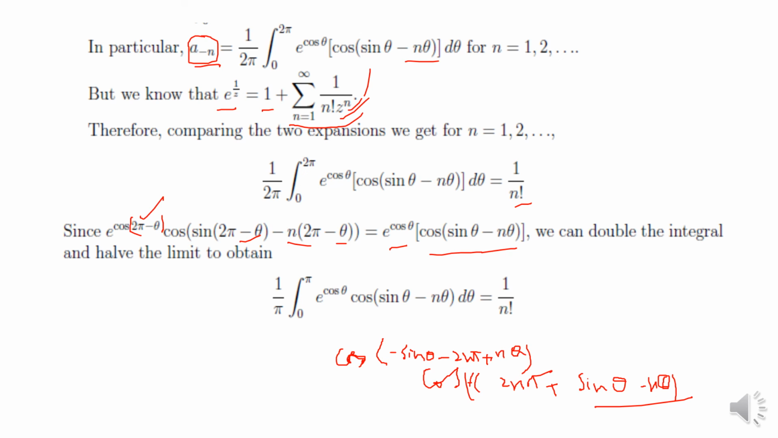Now this is equal to, because when we have put 2 pi minus theta, that is coming the same. It means we can double the integral and halve the limit to obtain. So 1 upon pi, instead of 1 upon 2 pi, we have changed the limits